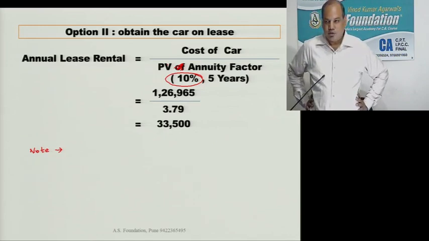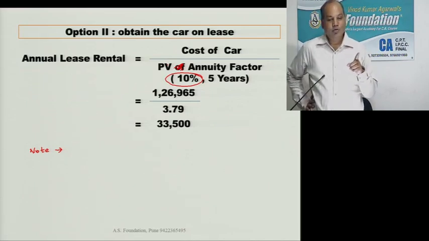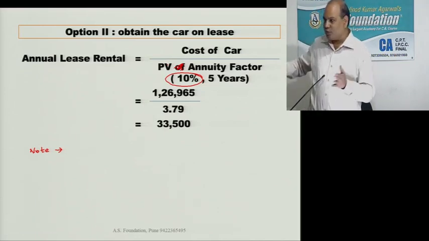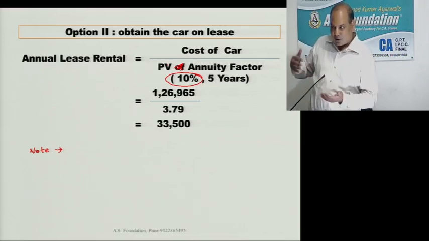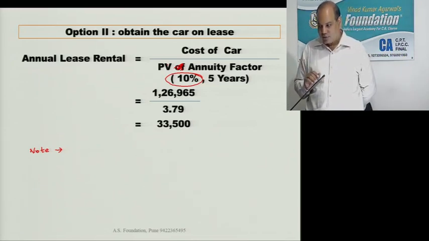So we will ignore tax adjustment for the lessor, because while deciding the rent, he will also take into consideration the tax payment and the tax shield that will arise. So we have not considered that. Otherwise we'll have to prepare a separate working note, go to the lessor, and see how much rent he will charge after considering his tax implication. It is assumed that